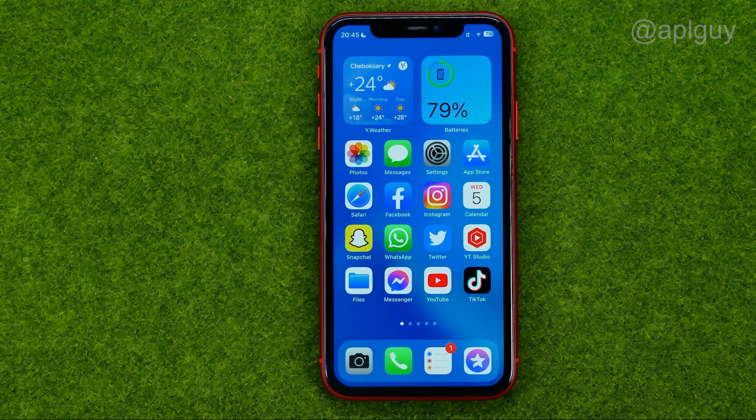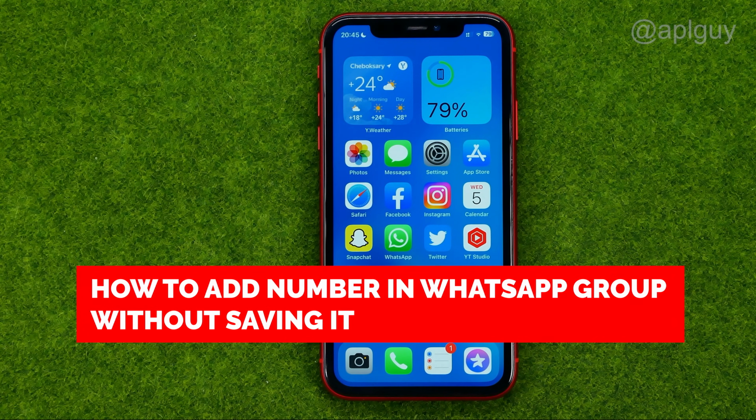In this video, I'm going to show you how you can easily add someone in WhatsApp group without saving their